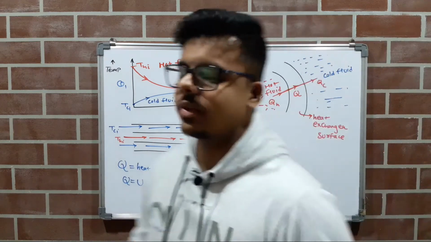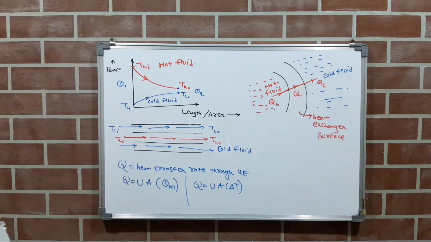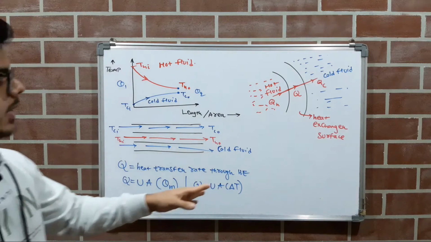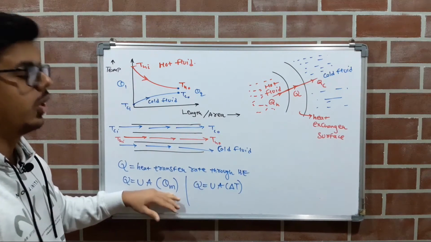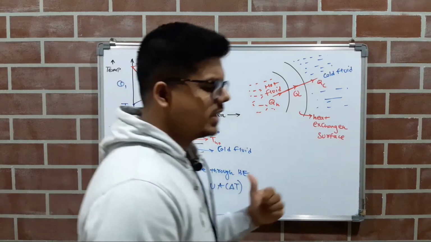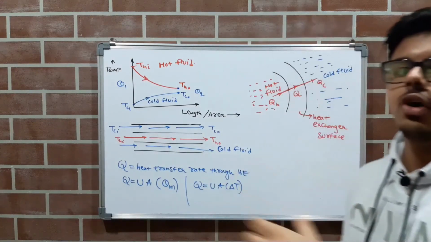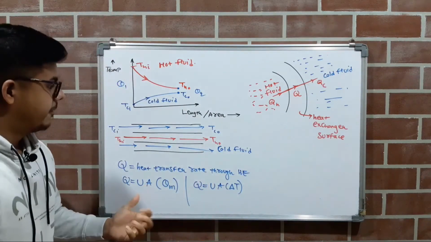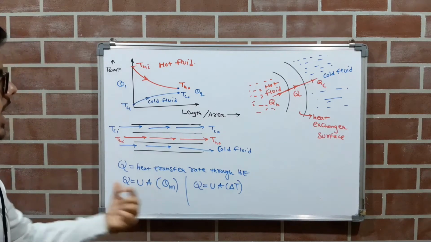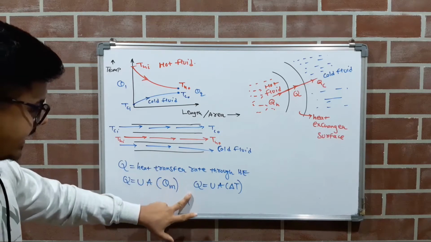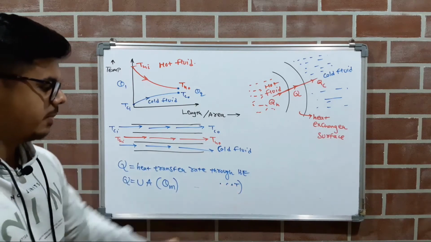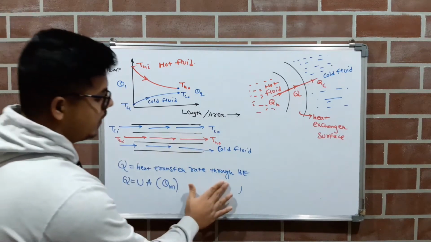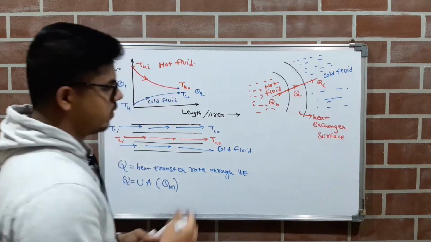Theta m is the logarithmic mean temperature difference. For this reason, to eliminate the problem of which temperature difference to consider, we consider the logarithmic mean temperature difference. It is the average in the form of log, right? It is the logarithmic mean temperature difference. I hope you got why we are considering this theta m. Now to find theta m, we have two different types of approaches. But before seeing those approaches, we will solve our problem, that is QH equals QC equals Q.